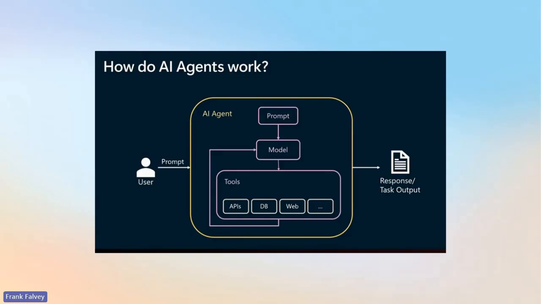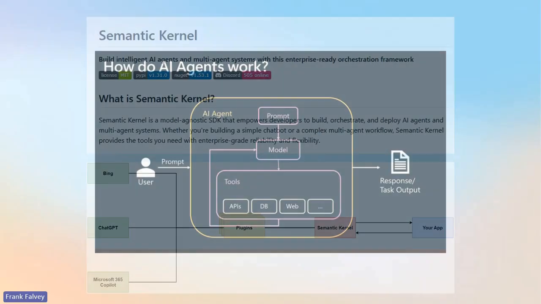So as you can see on the screen there, the user puts in the prompt. It goes down to the model, like you hear kind of models like LLMs, large language models. So it'll pick the appropriate model that it wants to target, and then it uses different tools like APIs, databases, websites, company data, loads of stuff there. So that's a basic kind of how an agent actually works.